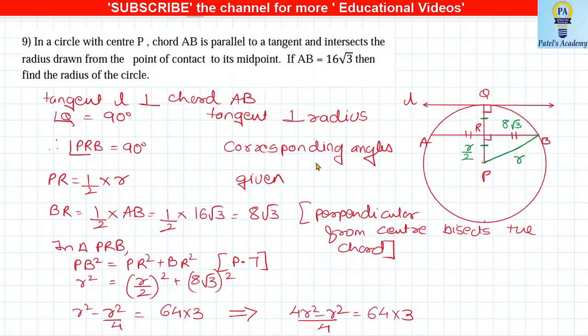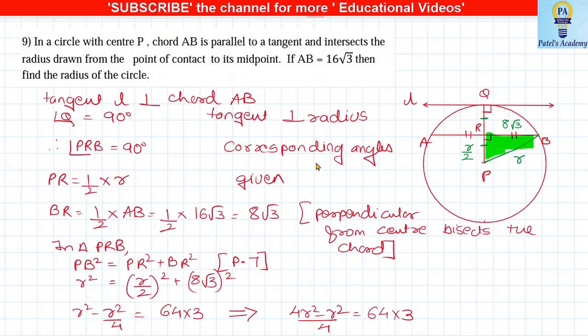Now the next sum. I've already done the figure. Here the figure is important because, students, only the question is given, the figure is not given. So here we have chord AB, which is parallel to the tangent, that is line L, and they have told that chord AB intersects the radius at the midpoint. So if you see the figure, QR and PR are equal. So I have done that PR is half of the radius because R is the midpoint, and when I join PB, that is R. See this triangle, students, what I'm highlighting with green.